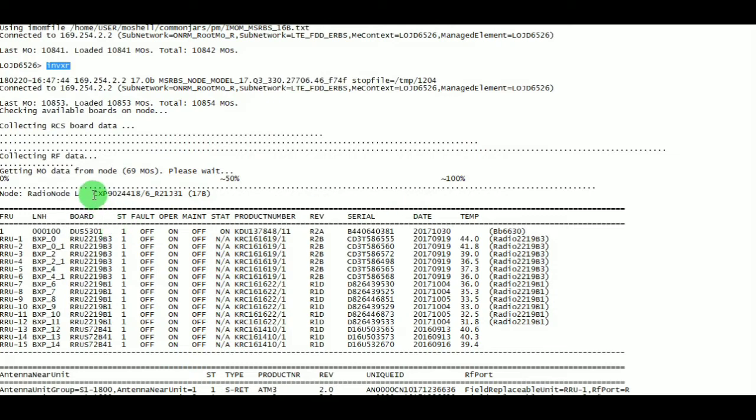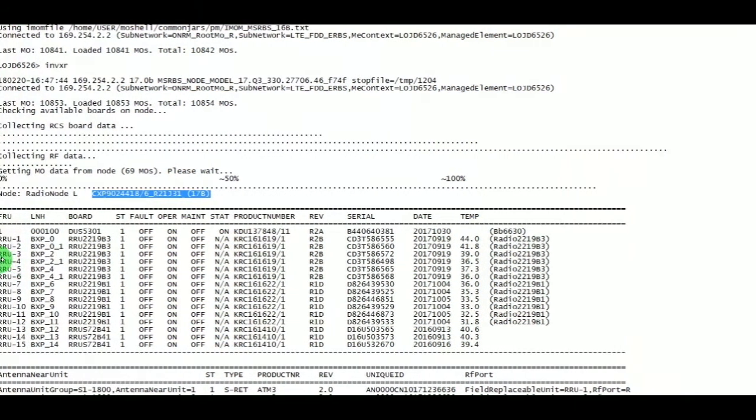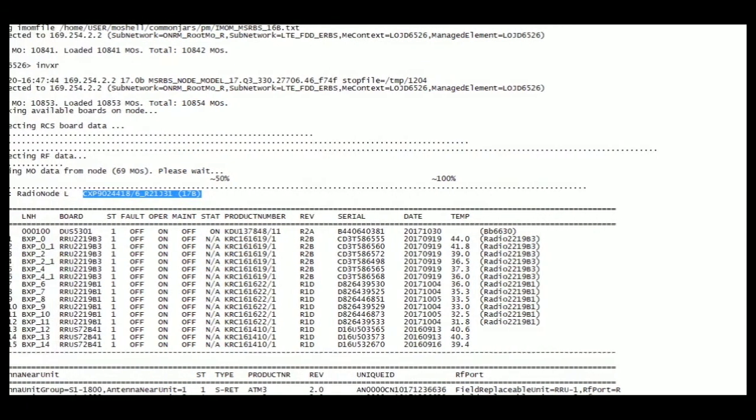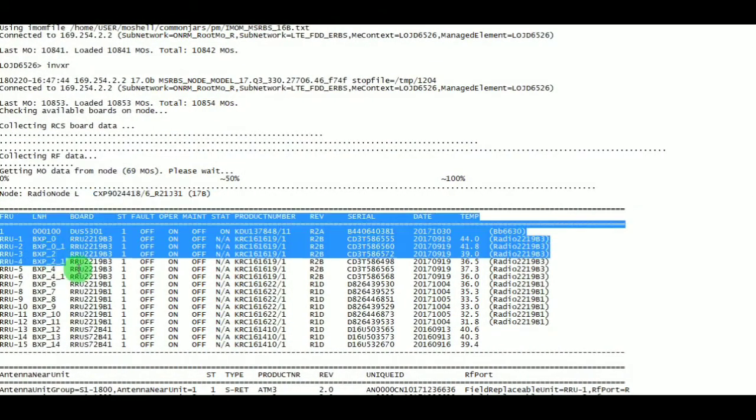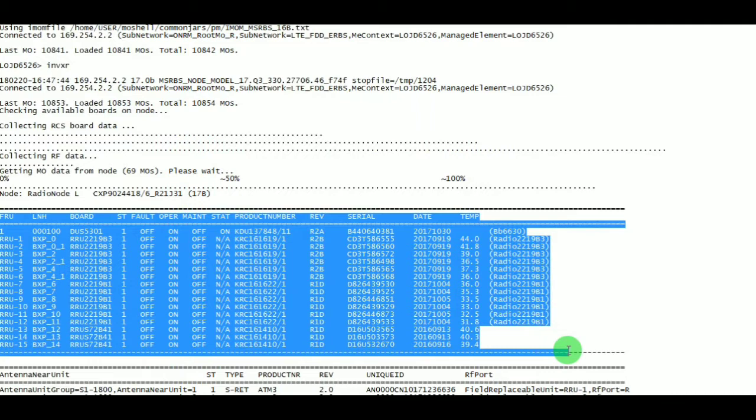From the very beginning, you can get the software baseline details, that is ARC21J31, and the version is 17B. The first row indicates baseband and radio unit configuration details.